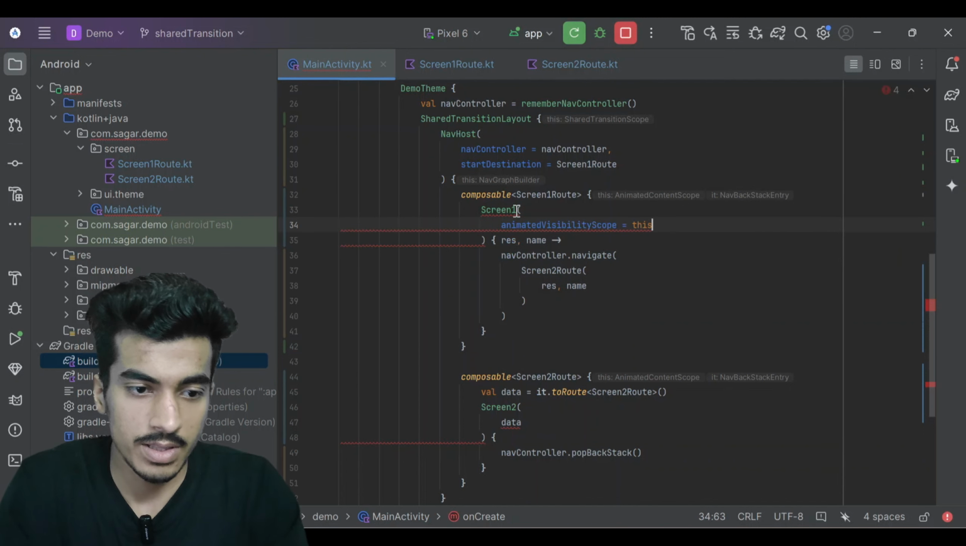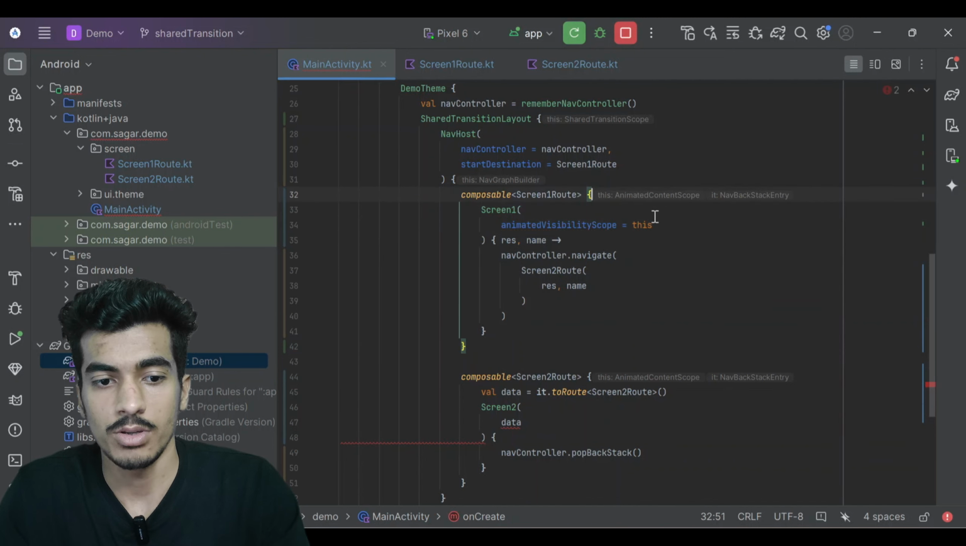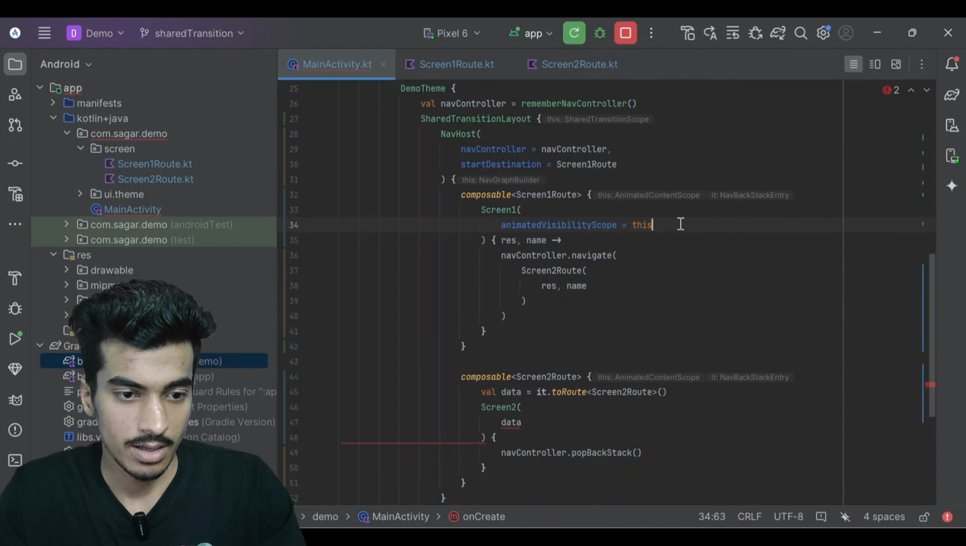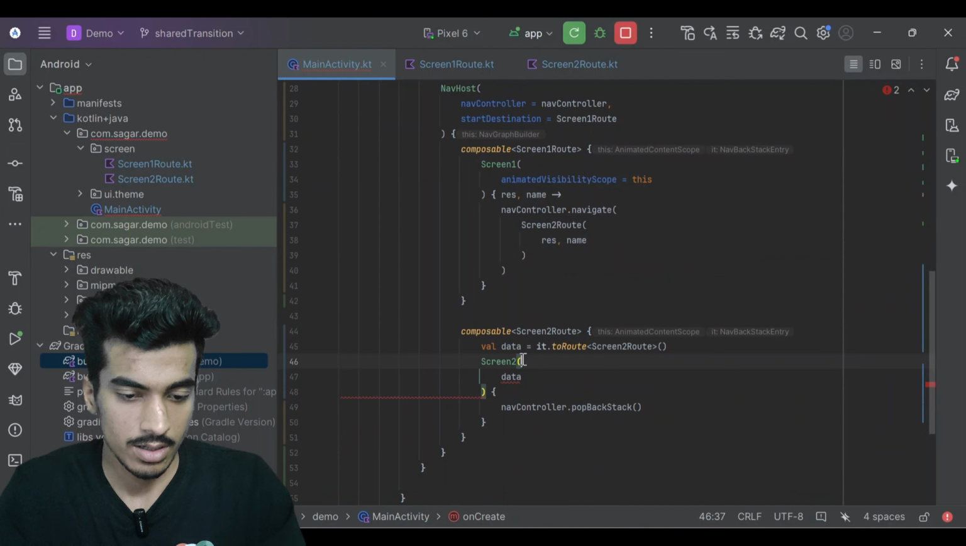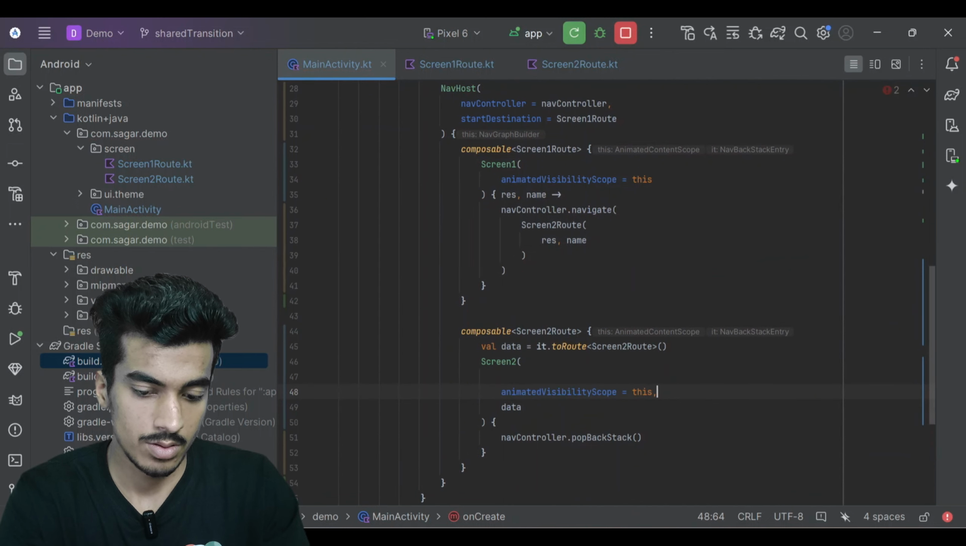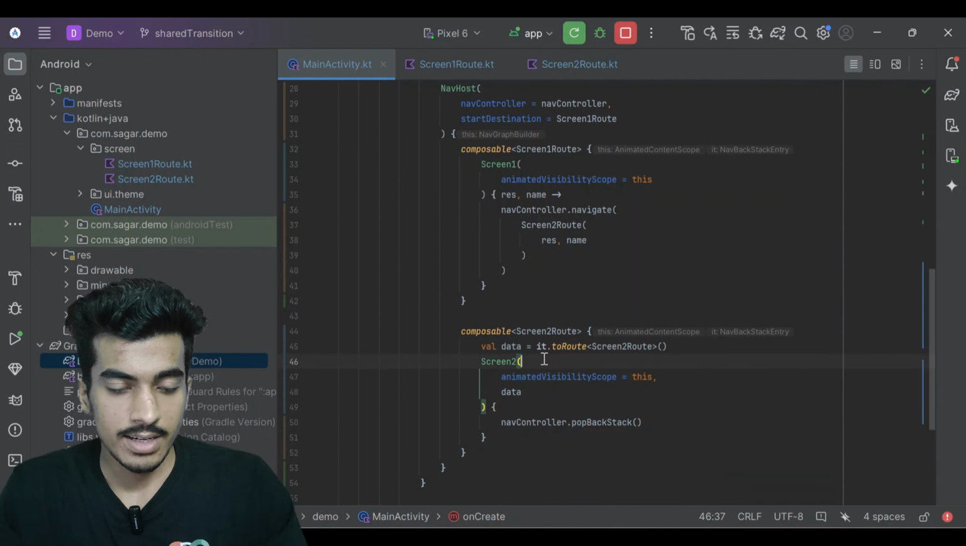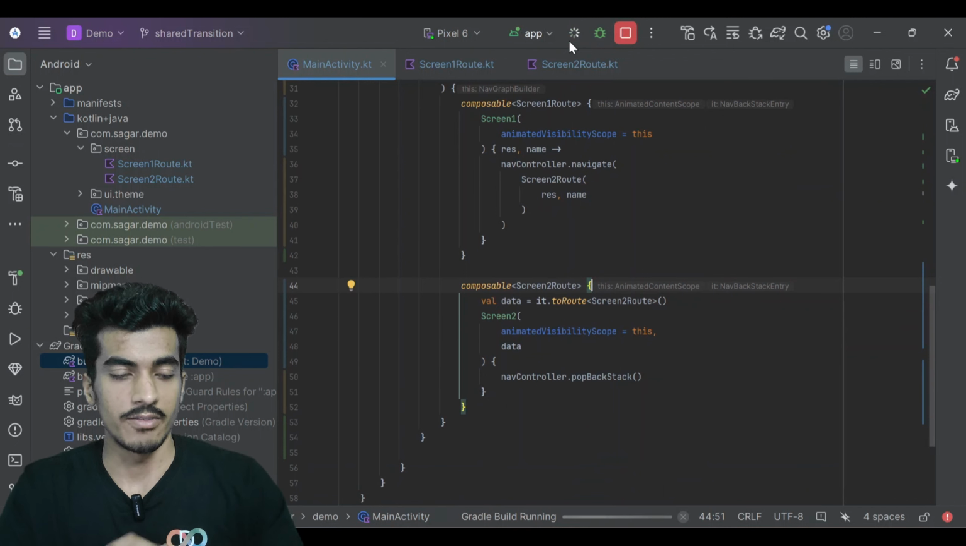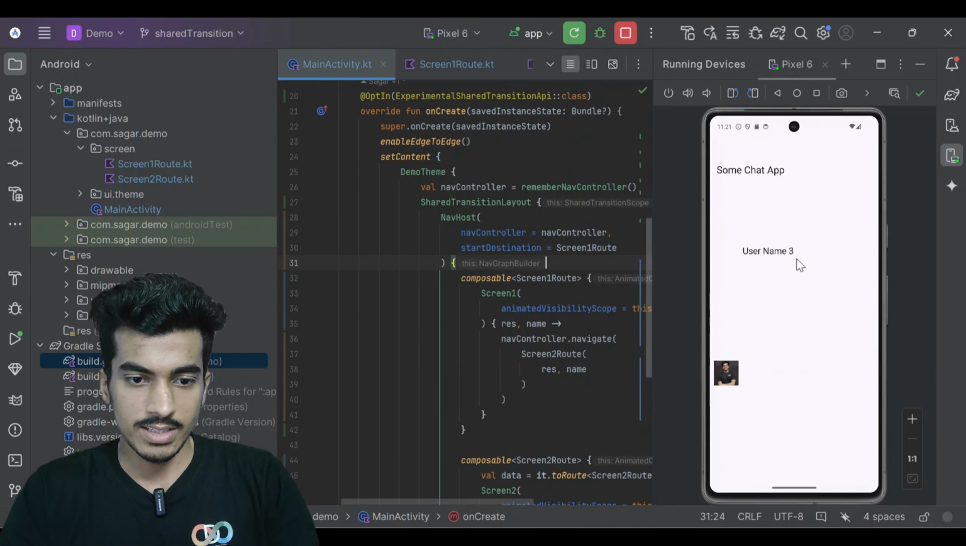Animated visibility scope will be this, because you can see in our composable we are having this animated content scope. So this is the same thing, and let us copy and do it here also. So that's it. Now let's try and wait. Okay, so what is this thing? We are having our elements here,